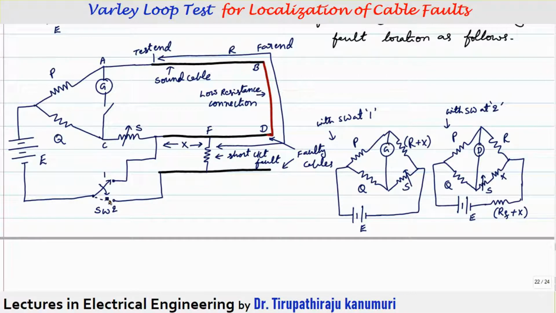Now when the switch is moved to position number 2, how will the current pass? From the E negative terminal, how is it connected? It is connected through this faulty cable, that means this cable through the fault resistance to point F. Up to here, because the resistance will be the same as this second cable, let us take it as X. So this will be X plus RF. That's why I have represented X plus RF. This is connected to the fault location. So from this fault location to point C, what is connected? S is connected, X is connected.